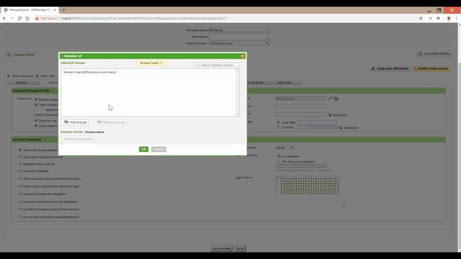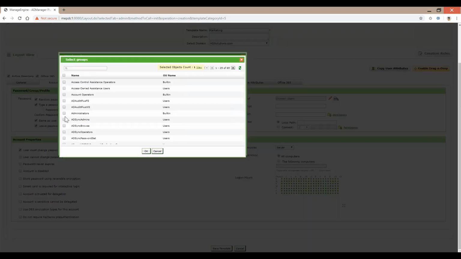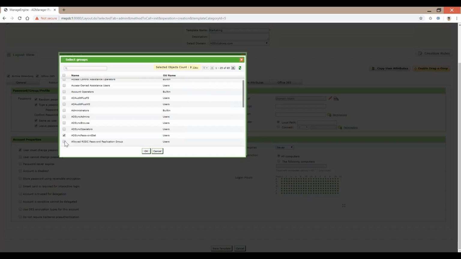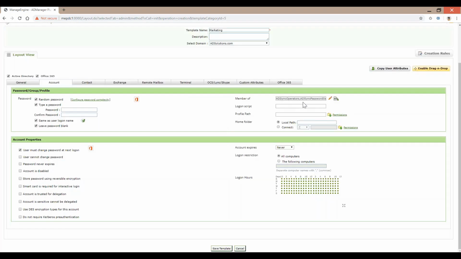Since this user is a part of marketing, the user needs relevant groups. You could specify all of that. So a couple of basic groups that the user needs. Just for example, I'm pointing to these groups. These aren't really accurate, but just for an example. For marketing, these are the groups to which the user has to be a member.